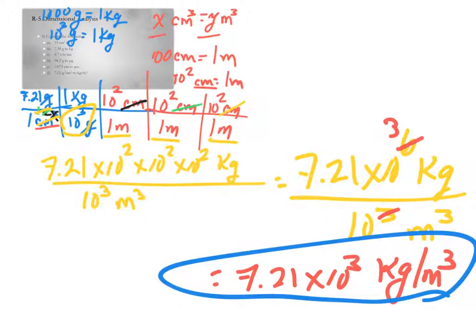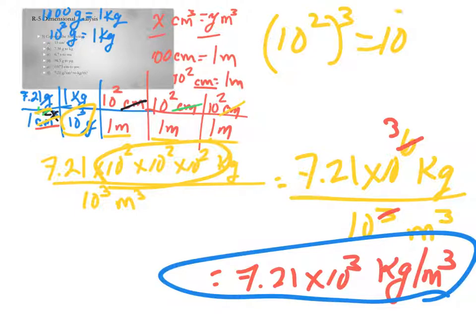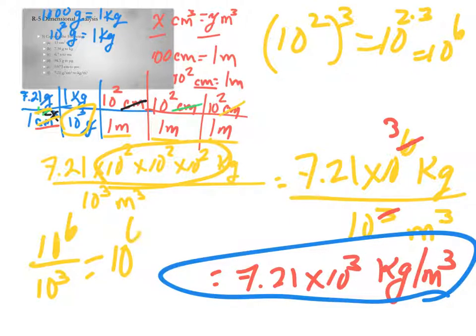But if I want to go back a little bit, just to show everything, 10 squared is cubed in the top here. So this is 10 to the 2 times 3, which is 10 to the 6th, okay? And then, when you're canceling out, 10 to the 6th divided by 10 to the 3rd is 10 to the 6th minus 3, which is 10 to the 3rd. So these are old rules of exponential numbers. So you end up with 7.21 times 10 to the 3rd,